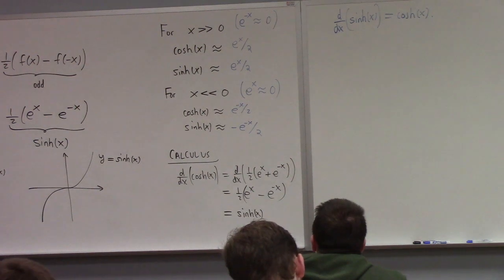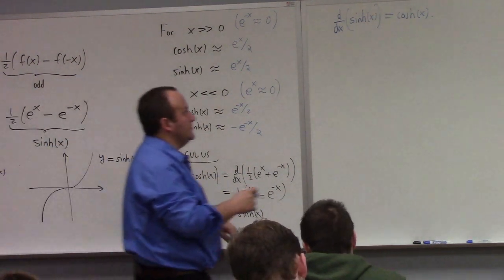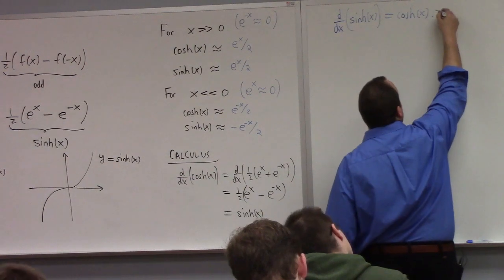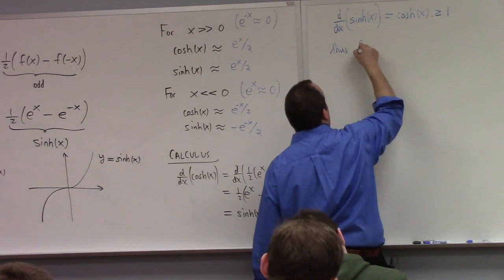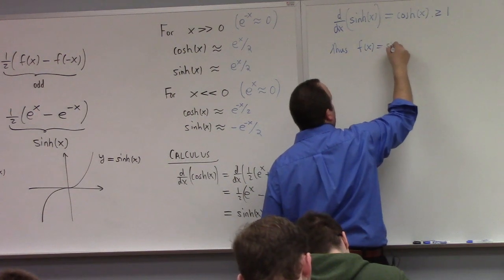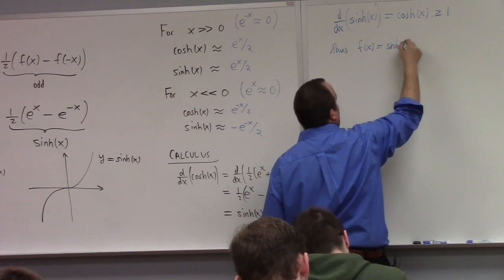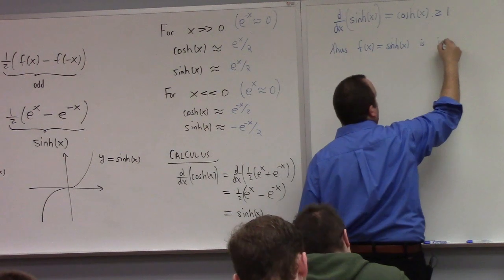What can you tell me about hyperbolic cosine? It's the sum of positive things, right? So in fact, it's positive. So you could easily observe that this is greater than or equal to 1, thus f of x equals sinh x is increasing,